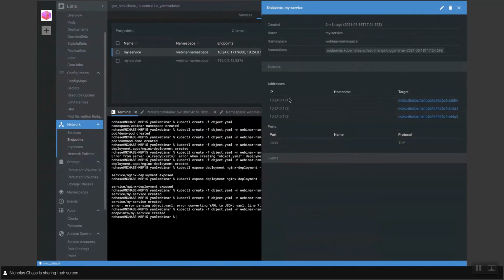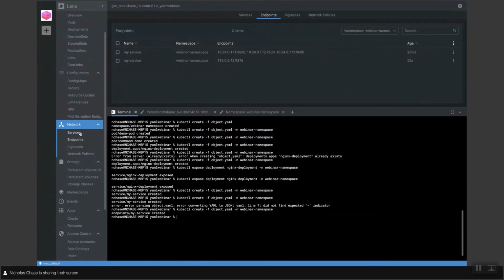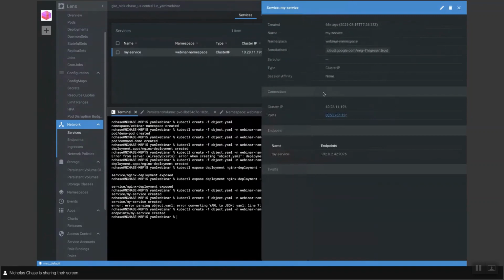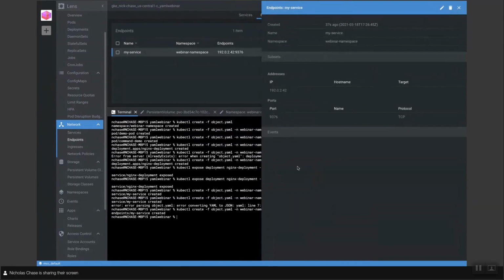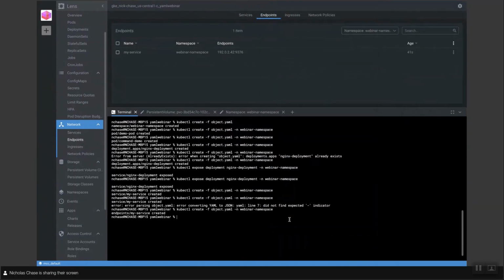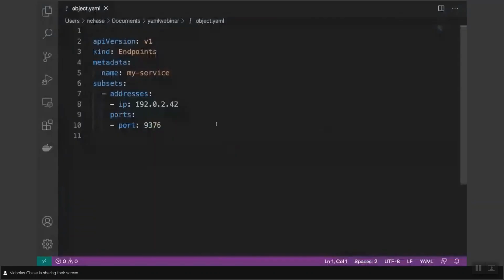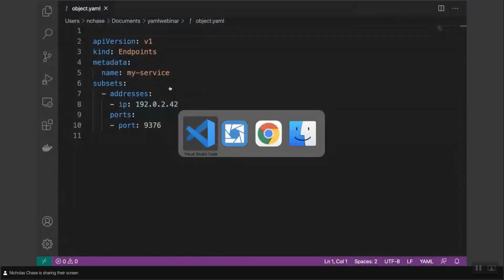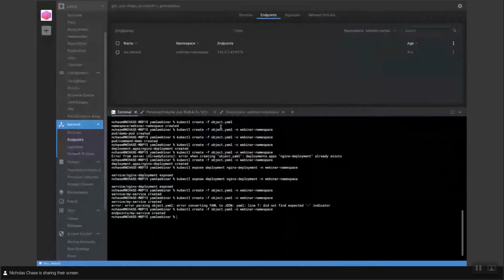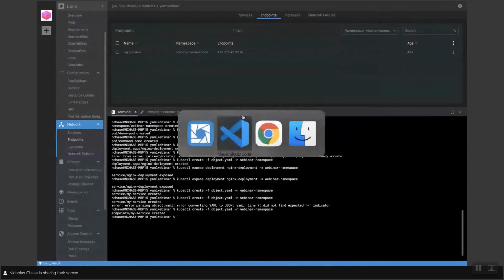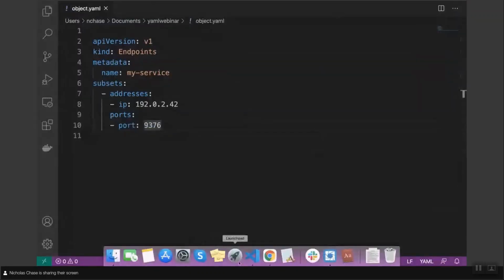So that's what we got. Okay, but we got it on 3 IPs because those were what we specified in the endpoints document. So we got our service and our endpoints. Okay. Now, let's come back here. No, we only specified one IP on this one, and that's all we got. We got a little bit hairy there on what we were looking at, but we're okay. So, let's come back